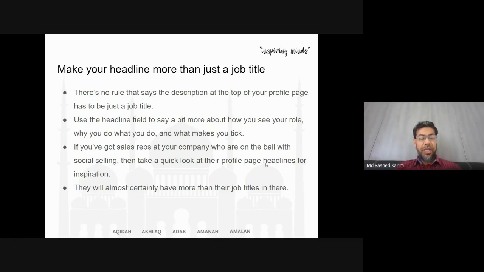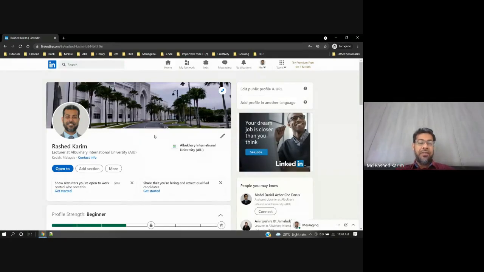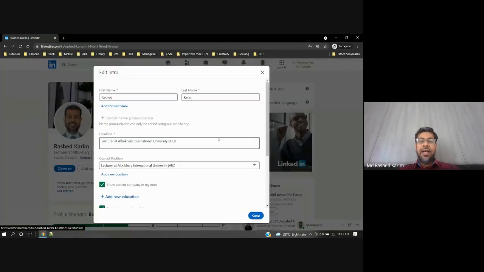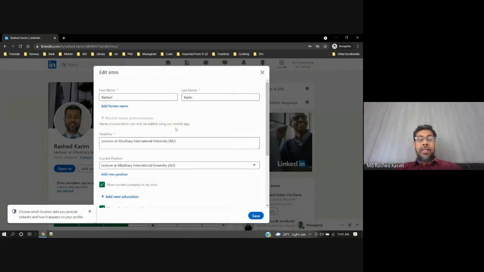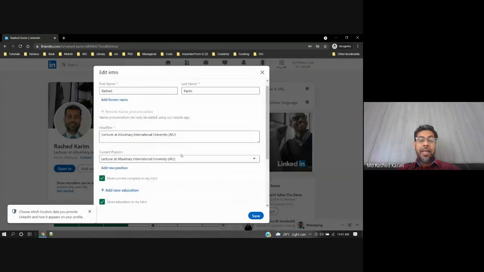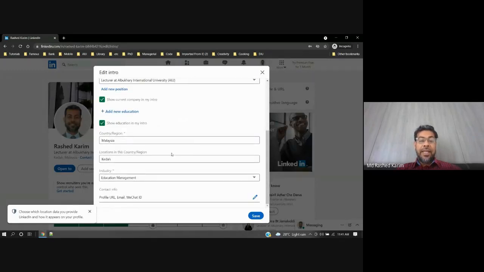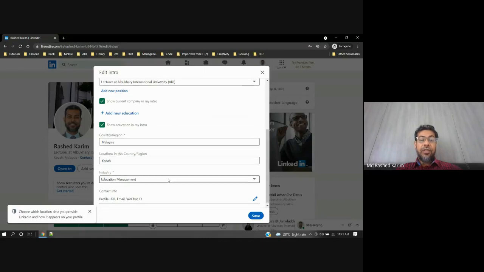So what should be the job title or the headline? This is a headline. Okay, so I will edit this headline. I have given this data that I'm doing my job. This is my experience data. So this is the current position you have. This is the headline, but you have to edit this current position in this way. Your headline should be